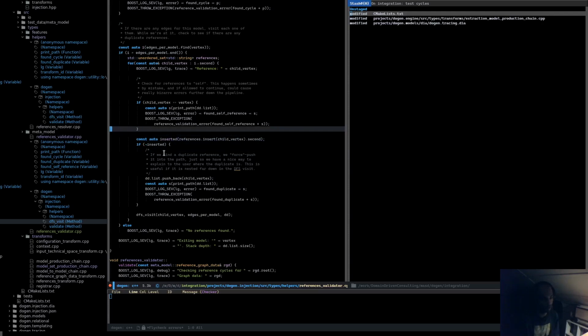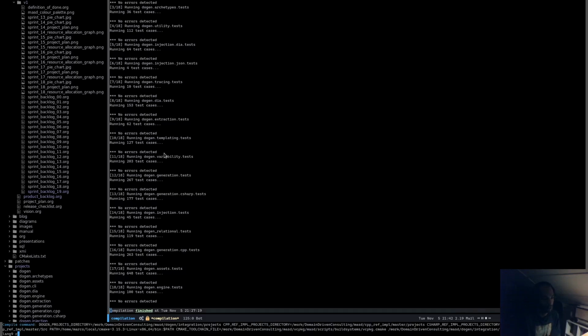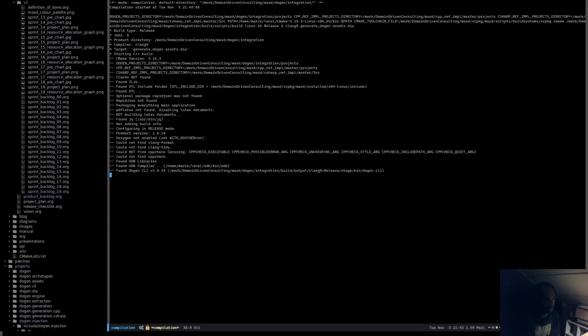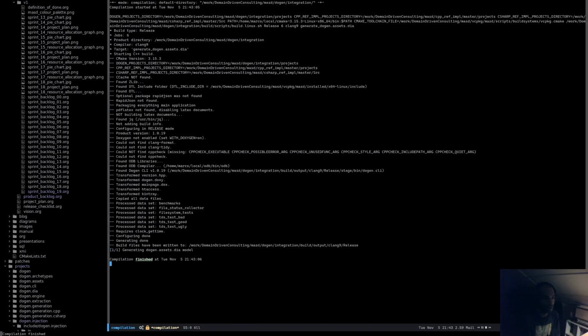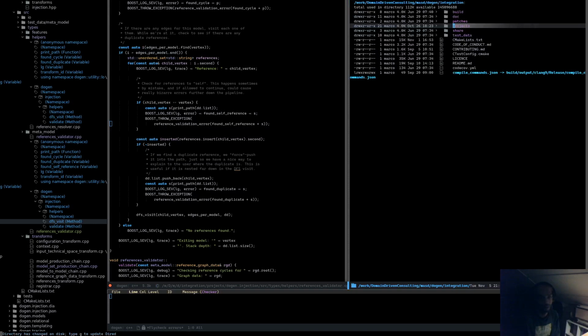Just for the purpose of this demonstration, let's show what happens. That's the easiest way to do this. If I go to compilation and generate Dogen.assets.dia, which is a fairly high level model, you can see nothing particularly special happened here. For good measure, we will also ensure we have